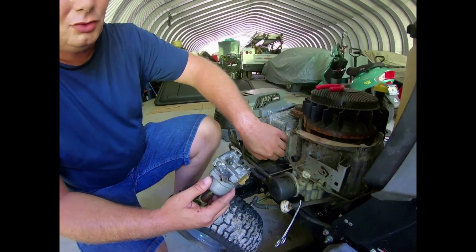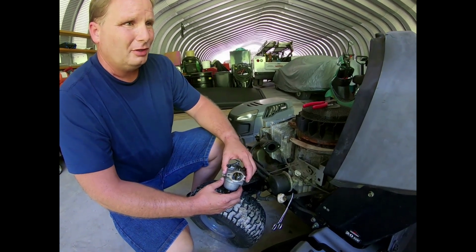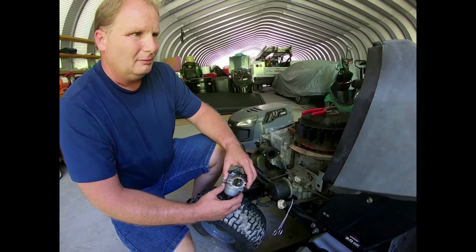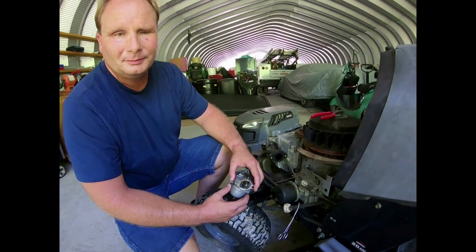And we're going to go ahead and drain the oil. We're going to take the oil filter off. We're going to install the new oil filter, put oil in it, put a brand new battery in it, clean up the flywheel, and see if this bad boy starts. Okay, so